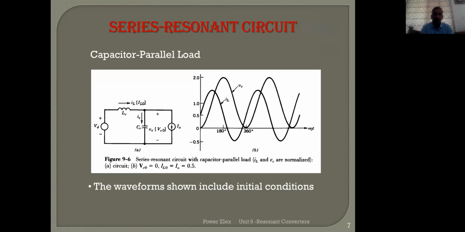So if I connect a parallel capacitor load to this series resonance circuit, then see, this acts as a current source. So your VC is positive only, and your current is rising from 0.5 higher than the load current during this period because it is getting supply from both. Then current goes negative, positive, and this entire circuit will behave in a steady state like this, which is also studied in network theory.